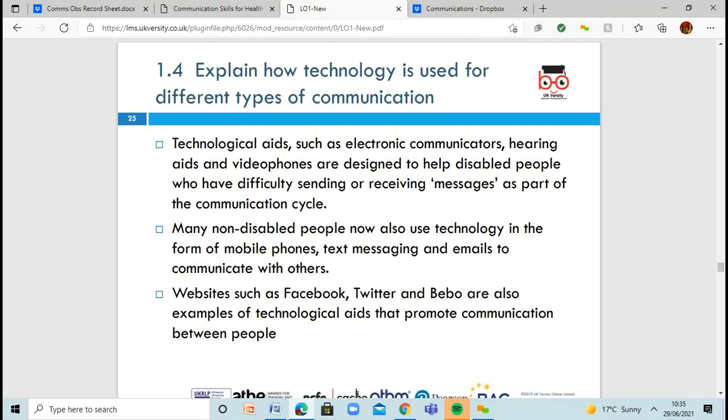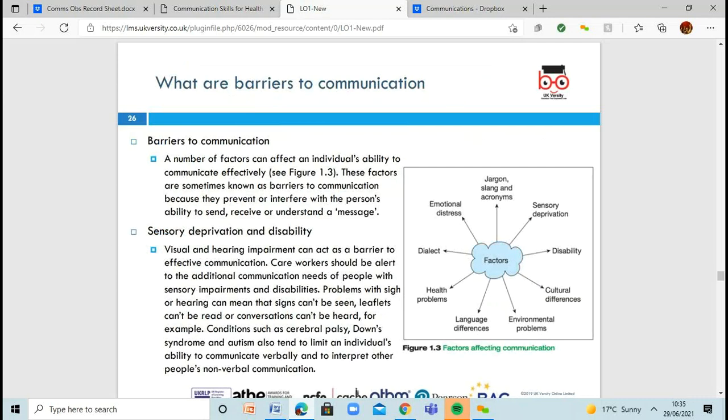Now, with communication comes barriers. So we get certain barriers to communication. There are barriers like jargon, slang, and acronyms. If I break down a particular word, rather than saying health and social care, if I say HSC, only those people who know that HSC stands for health and social care would understand it. But somebody else might be wondering what on earth is HSC. You might have things like emotional distress, dialect, health problems, language differences, environmental problems, and cultural problems,